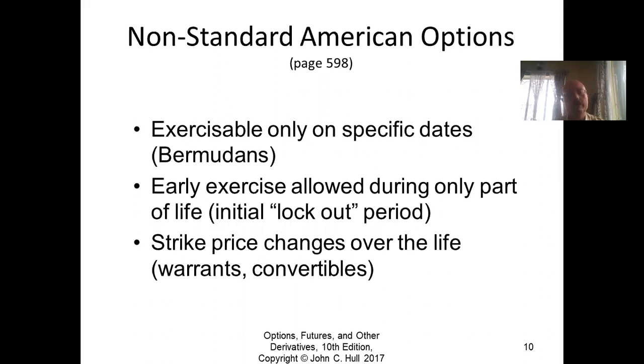You can also think of an option where the exercise period does not start immediately, but it has an initial lockout period, and then the exercise can happen. So even if you buy it now, you may have to wait 7 days. That's the initial lockout period, and then only you can exercise it. So those are also possible. It is also possible that the strike price can change over the lifetime of the contract. Such contracts are called warrants or convertible options, and sometimes these arrangements are used for employee stock options also.